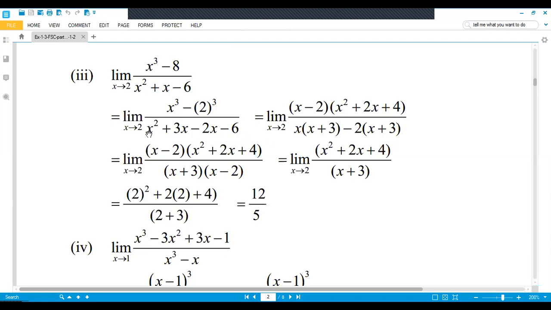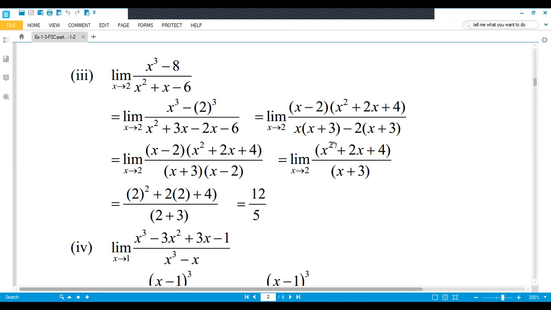So this is the PQ method, which you already did in class 9th, 10th, and first year. With this, you take x common from the first two values, so you get x plus 3 inside the bracket, and from the other two values you take minus 2 common, so you get x plus 3. The numerator you copy as it is. In the denominator, x plus 3 is common in these two values, so you take x plus 3 common. What is left? x minus 2. Now x minus 2 cancels with the numerator x minus 2. You get x square plus 2x plus 4 divided by x plus 3.